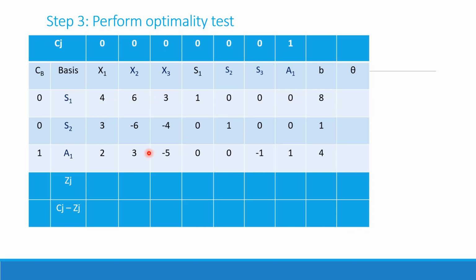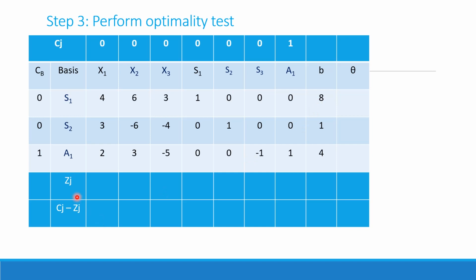All of you know how to write these constraints. We have written the coefficients of s1, s2 and a1 in the CB column. We have written their values in the B column. Whenever we are saying what is the value of s1, we look at this column, we see column B, and we see this particular number, so that is the value of s1.